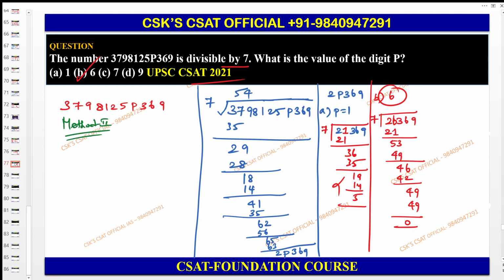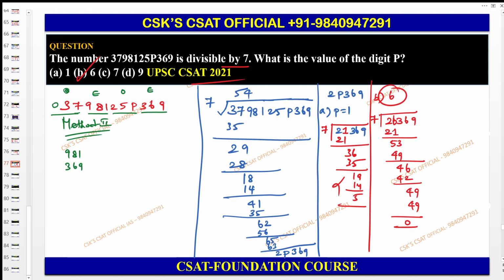This method means, listen, from the last, pair 3 digits. Suppose if you cannot pair 3, then you have to put it as a 0. Then what you need to do here is put a sign alternately, odd, even, odd, even. Add the odd places here and then add the even places here. So 981, then